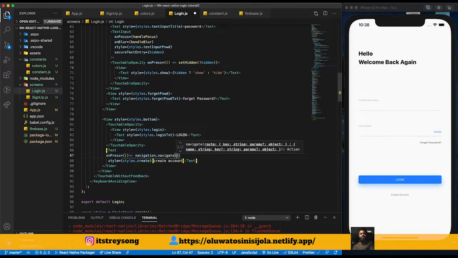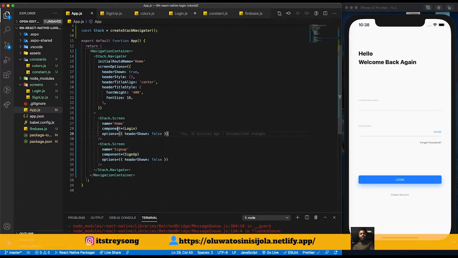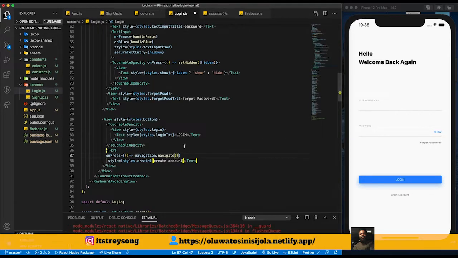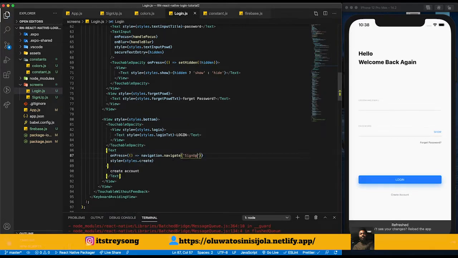So where do we want it to navigate to? We want it to navigate to the sign up page, right? So remember that name you gave it on the app page, these names are what you use to navigate. Okay, so when we use that name now here, we just say sign up page, right? So when we save it, so when I click here,